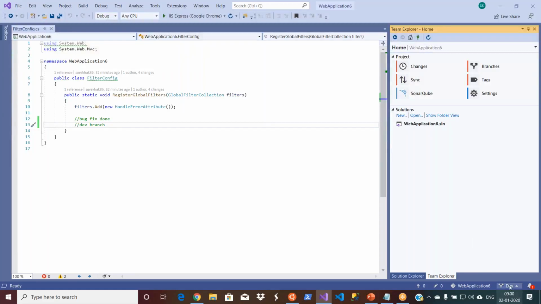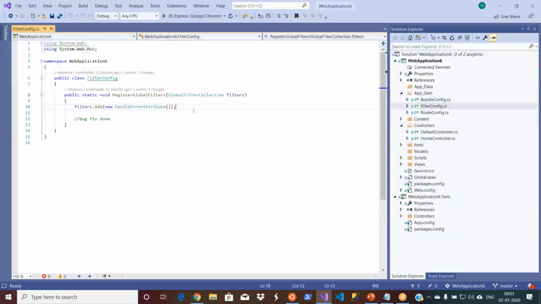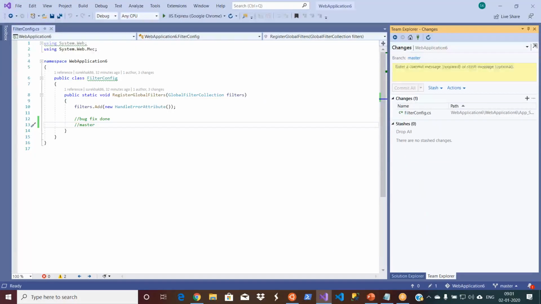Right from here, I can make the changes. How can you make them? Now I'm in the dev branch, right? Now switch back to master. Click on master. Now my same code is switched to the master branch. Now go ahead and click on filter. You see there is no dev branch comment here. That means it seamlessly switched your code, actually. So let's say now master. Now checking. Test.